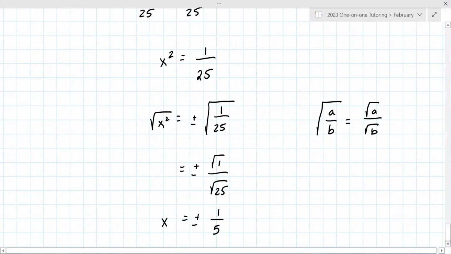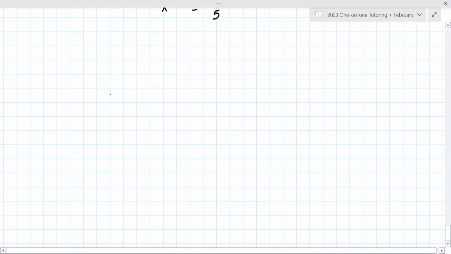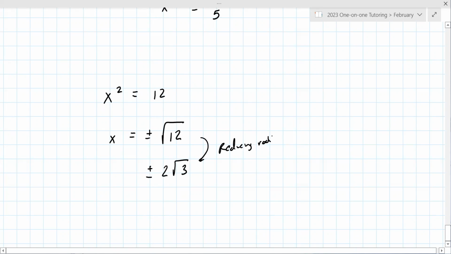Another problem that we did not get to today is what if x squared equals 12, and now it's plus or minus the square root of 12. 12 is not a perfect square. Maybe you've seen this in class, but this ends up being 2 square root 3. Have you seen that in class, reducing roots? We haven't seen where it's gone down like that. Not yet. Okay, so that may be coming, or we'll see. It's definitely part of the quadratic formula and stuff like that. Okay, so we're going to go ahead and stop right